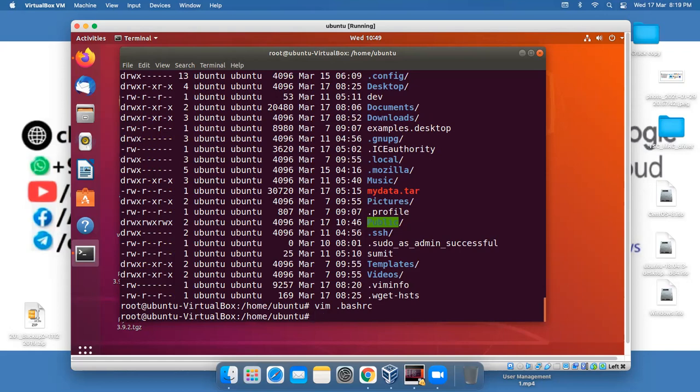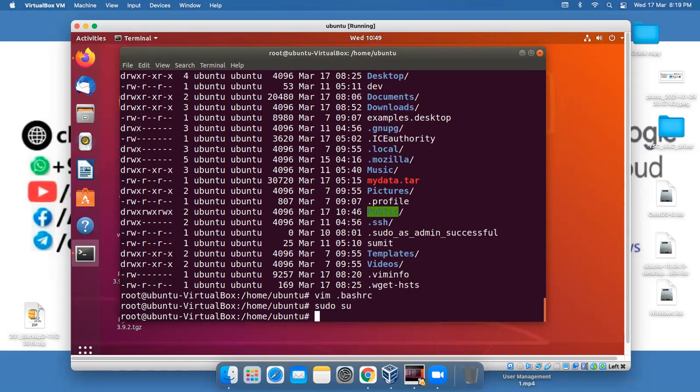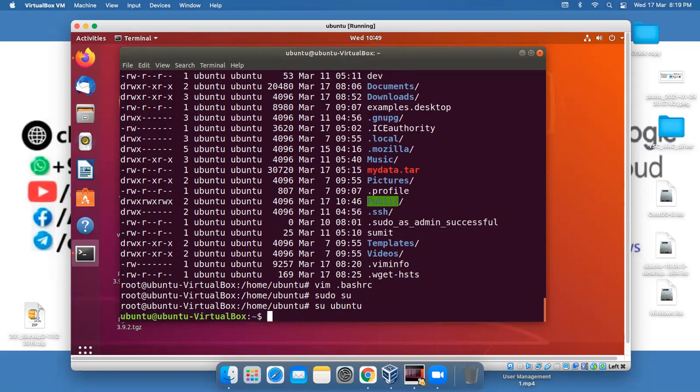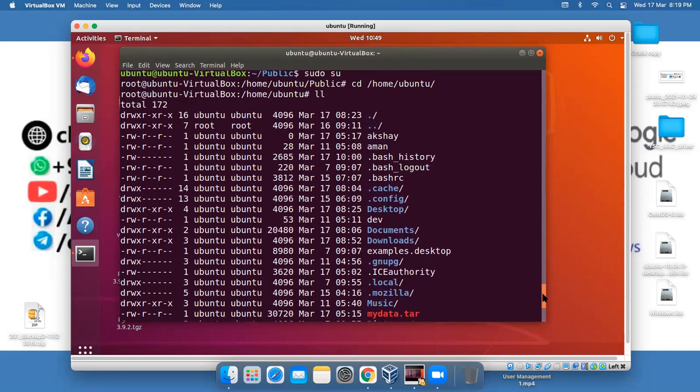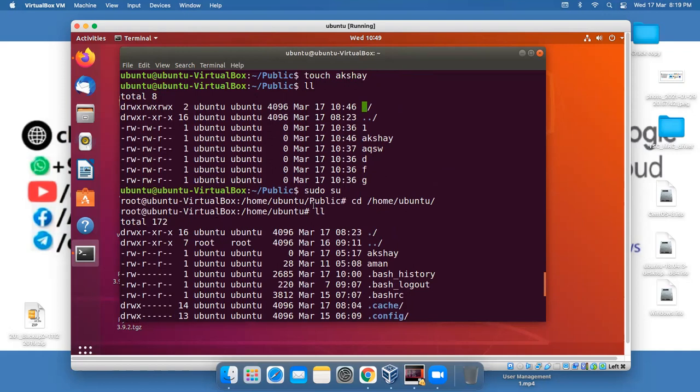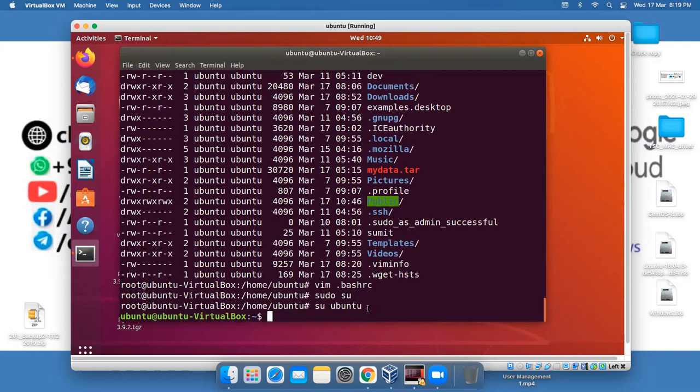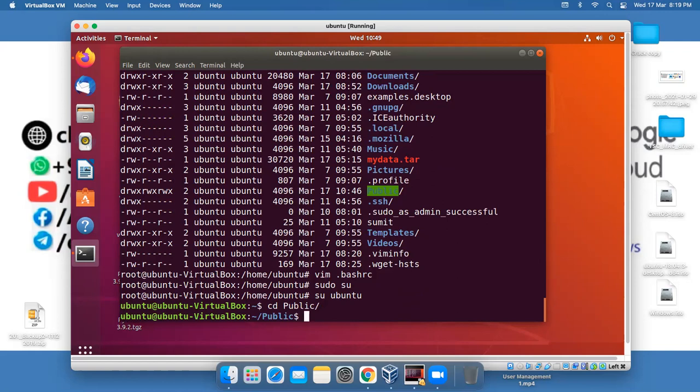Let's switch to the normal user with sudo su ubuntu, and make some files in the public directory. cd public, and make a file with touch yadab.